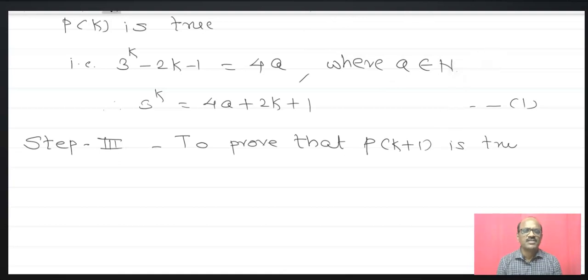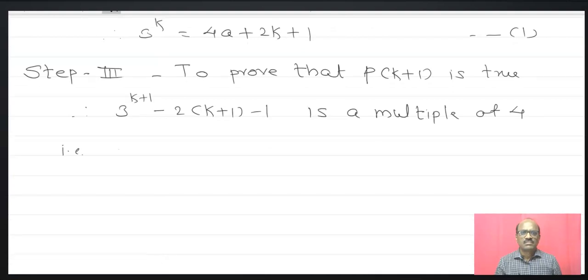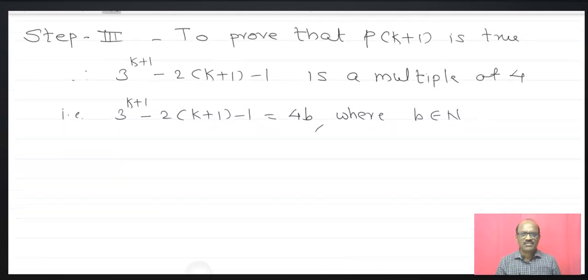To prove that P of k plus 1 is true, that is 3 raised to k plus 1 minus 2 in bracket k plus 1 minus 1 is a multiple of 4, that is 3 raised to k plus 1 minus 2k minus 2 minus 1 is equal to 4b, where b belongs to the set of natural numbers. Is a multiple of 4 means that 3 raised to k plus 1 minus 2 in bracket k plus 1 minus 1 is equal to